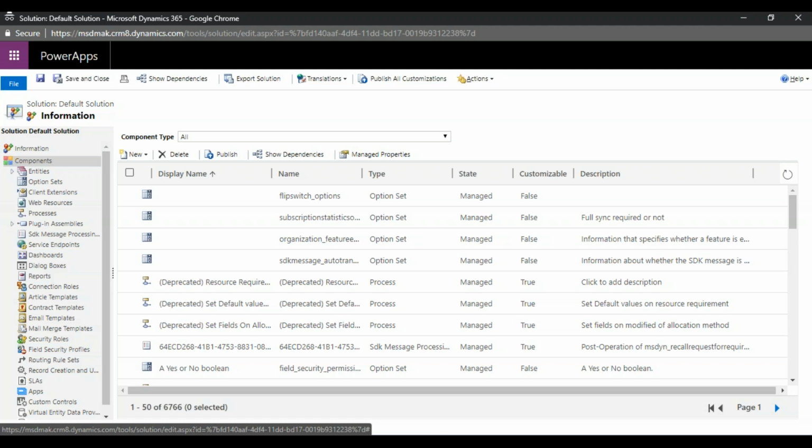entities or any customization. Is that similar or is it different here? Sorry, I didn't get you. Basically, you are creating a user, right? Publisher is different from a user. A publisher is like creating a prefix for customizations to identify which team did which customizations. Okay.